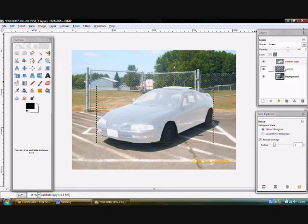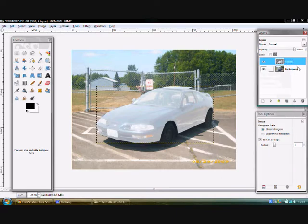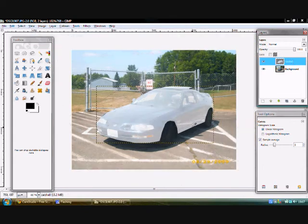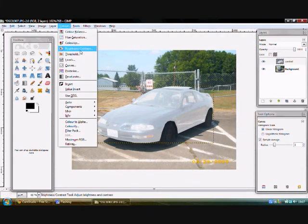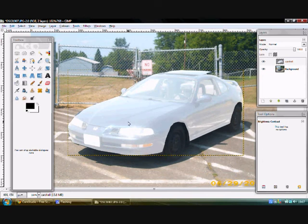Yeah, and you can then merge the two above layers. So right click on the top one and merge down. You don't have to do this, but I prefer to because it neatens things up. Now, we're getting towards the white look, so I might just turn up the brightness and contrast a bit more, just to define out the shape. So, turn up the contrast a little bit, and the brightness. Not too much though, because as you can see, some of the shape has sort of gone. The lines, you can't see them as well, so I might want to turn the opacity down a bit,